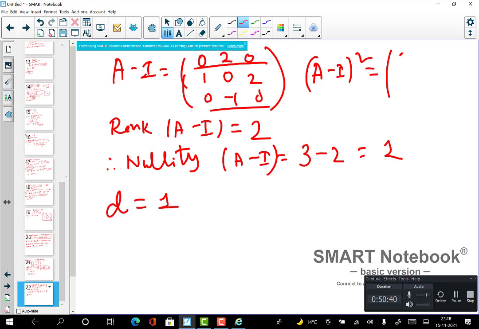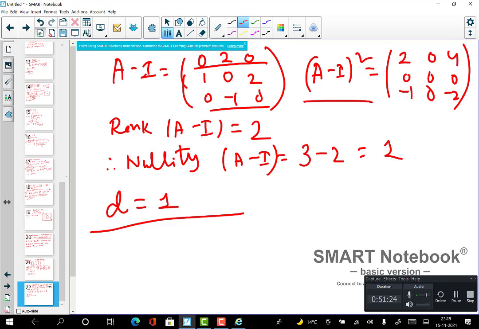So this is 2 0 minus 1, 0 0 0, and then 4 0 minus 2. Okay, this is okay. So what does that mean? That means you can check what is happening for (A minus I) whole square. You see that there is only one linearly independent row, because this is 0, and the first row and third row are dependent. Or you can say column wise also, the first column and third column are dependent. So only one linearly independent column, hence